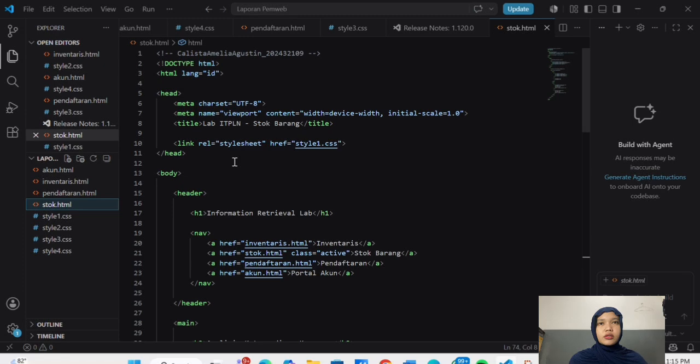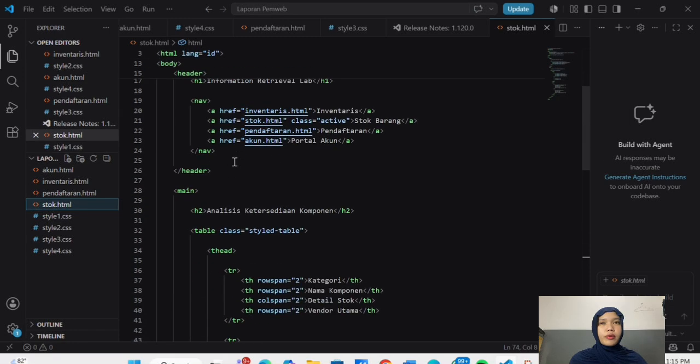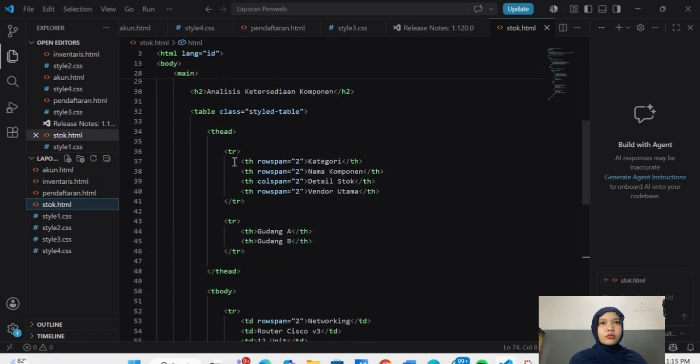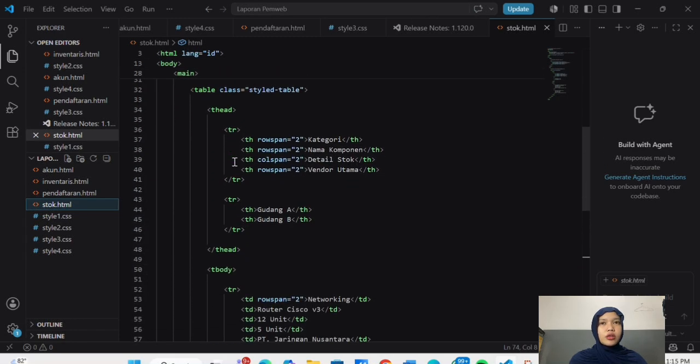Okay, next explanation is stock HTML. I created a laboratory component availability analysis page. In the header section, there is the title, information, and the website navigation menu. In the content section of the page, there is a laboratory stock table containing component category, component name, stock detail, and main vendors. The table is created using the table tag with the table class, so it can be